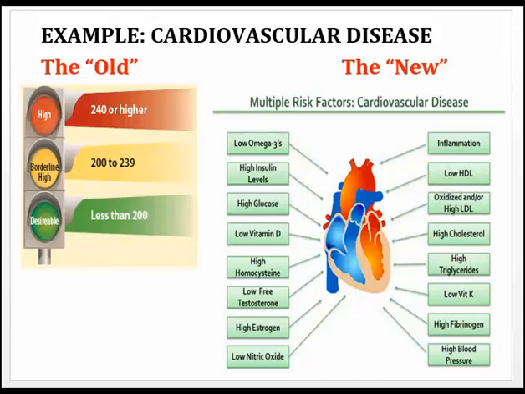There are so many factors that have been identified. Omega-3 fatty acid status, our insulin levels, sugar, we know, affects the cardiovascular system. So there's a correlation between blood sugar dysregulation and diabetes and cardiovascular disease. Low vitamin D levels have been associated with cardiovascular disease. A marker called homocysteine. If you're a man and you have low testosterone, that is also linked to cardiovascular disease. High estrogen, or what they refer to as estrogen dominance, inflammation, and so forth.